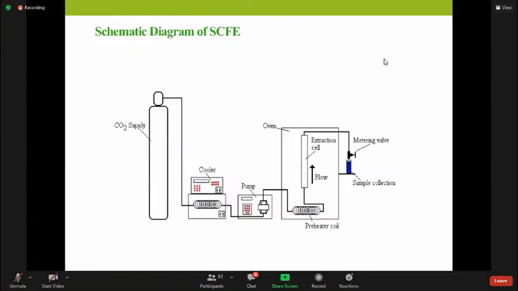Here you can see a schematic diagram of a supercritical fluid extraction process. Basically, supercritical carbon dioxide is used as a green solvent, and this gaseous carbon dioxide can be converted into supercritical carbon dioxide by exerting a certain critical temperature and pressure. When we subject gaseous CO2 to a supercritical temperature of 32 degrees Celsius and a supercritical pressure of about 72 atmospheres, this gaseous carbon dioxide is converted into supercritical